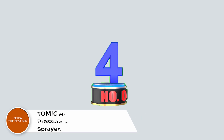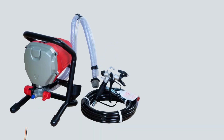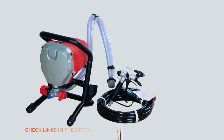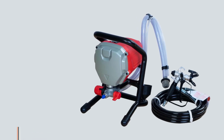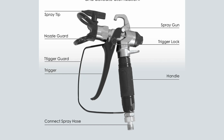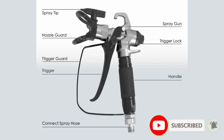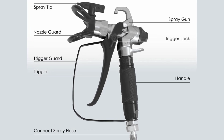Number 4. TOMIC Himalaya High-Pressure Airless Paint Sprayer. Efficient and professional painting solution. The TOMIC Himalaya High-Pressure Airless Paint Sprayer is your go-to tool for quick, smooth, and professional quality paint jobs. Operating at a powerful 3,000 psi, this sprayer delivers an even coating with every use, making it perfect for large